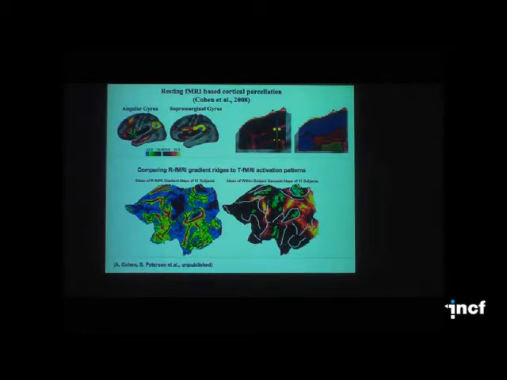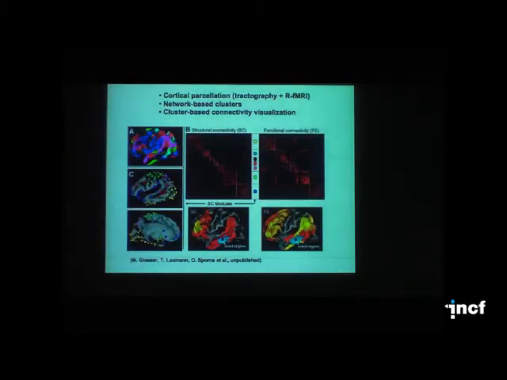And when we look for validation by comparing the cortical pattern of activation in a group of subjects doing a saccade task, what you can see at a glance is that the transitions in the connectivity gradient from the functional connectivity analysis tend to coincide with the boundaries of task-based activation. So this gives us encouragement that we're on the right track, that these are real biological signal, not just a lot of noise, and we will be pursuing that as we go forward and use the connectivity patterns